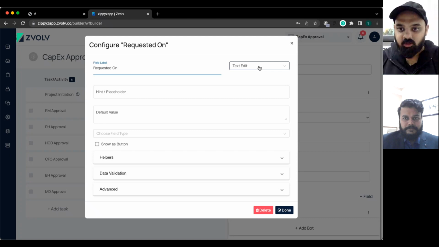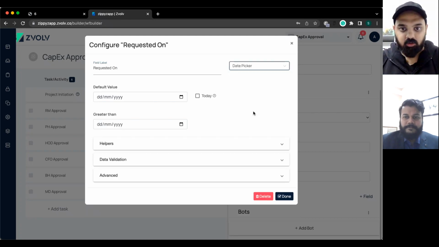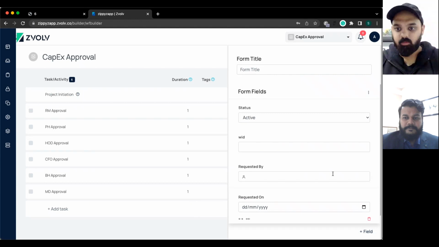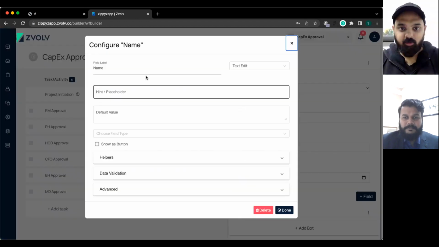Then requested on. So this will be the date field. I'm assuming you don't want the users to insert the date every time they do this. You want the system to capture it automatically. So let me go ahead and do that. Let me know if you're okay with all of this.